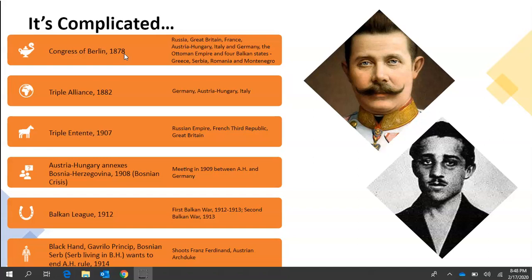And the Slavs are this Slavic population that live there. Now, the deal is the Slavic population in Bosnia-Herzegovina actually want to make their own nation. And in Serbia, there are Slavs there that want to annex Bosnia-Herzegovina because they're like, we want you to join us. We want all of our people to be together. So Ottomans have fallen apart. The Austrian Hungaries are going to take over the Bosnia-Herzegovinas.